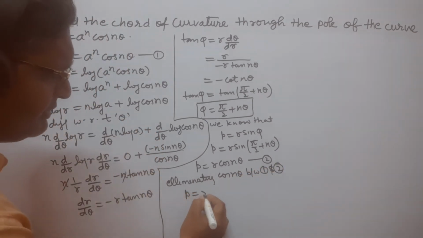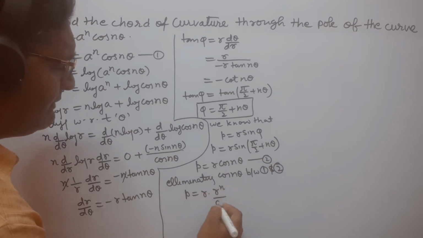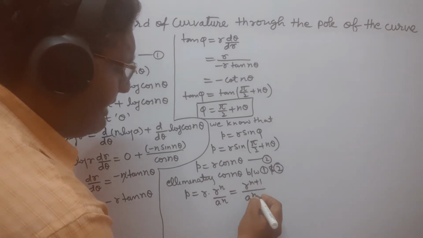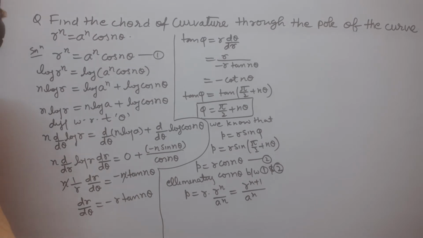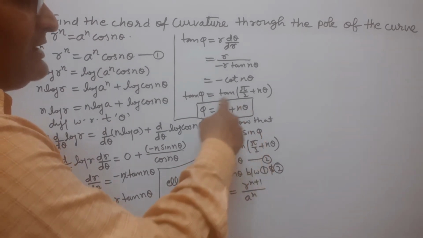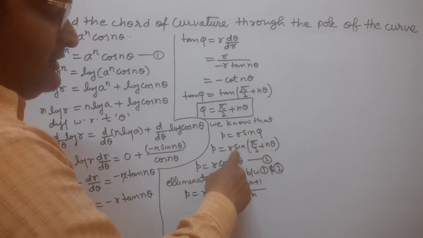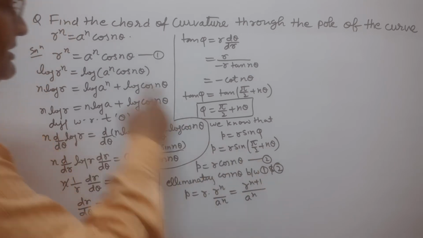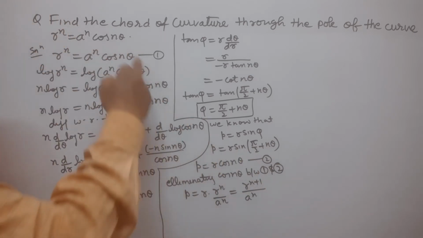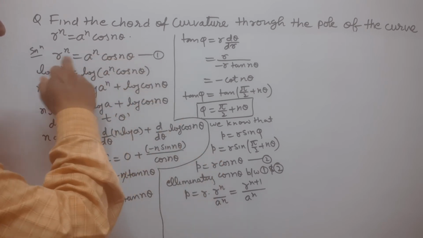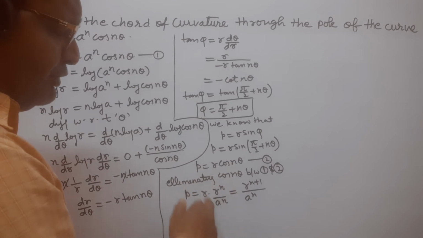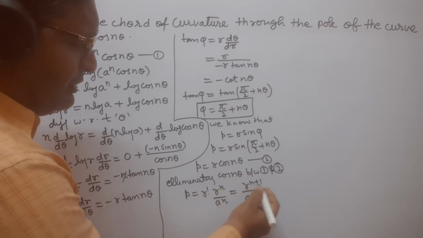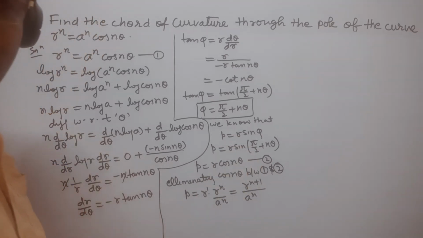So we get here p is equal to r multiplied by r to the power n divided by a to the power n. So this can be written as r to the power n plus 1 divided by a to the power n. आप देख सकते हैं यहाँ पर फार्मूला p इक्वल टू आर साइन फाई होता है. इसमें फाई की वैल्यू पाई बाई 2 प्लस एन थीटा सब्स्टिट्यूट की गई है. फिर साइन 90 प्लस थीटा इज इक्वल टू कॉस थीटा होता है, इसलिए इसको कॉस एन थीटा लिखेंगे. This is the second equation and this is the first equation. So eliminate cos n theta between first and second. We get cos n theta is equal to r to the power n divided by a to the power n and put it here. So the power of r is 1 and this is n, so the powers will add up. So this is r to the power n plus 1 divided by a to the power n.